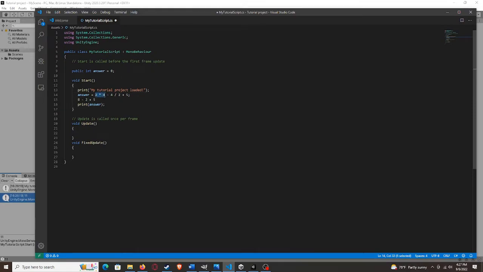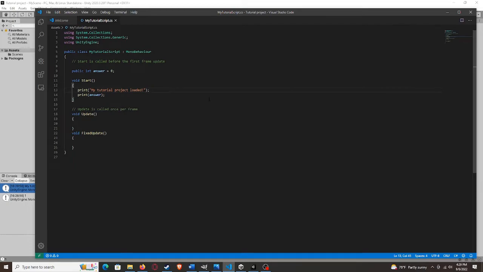2 times 4 is 8. Minus 4 divided by 2 is 2. So we're going to do 8 minus 2, 6, plus 5 equals 11. Simple, easy to go. Okay, so we're going to skip over exponents because you don't use them a lot, and